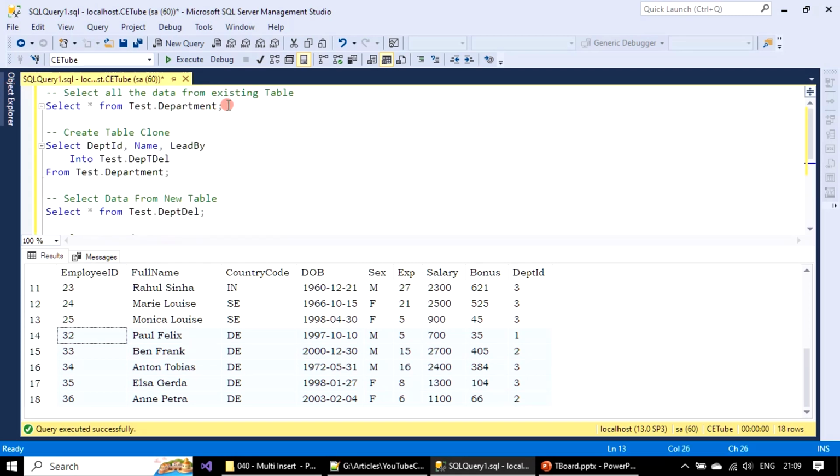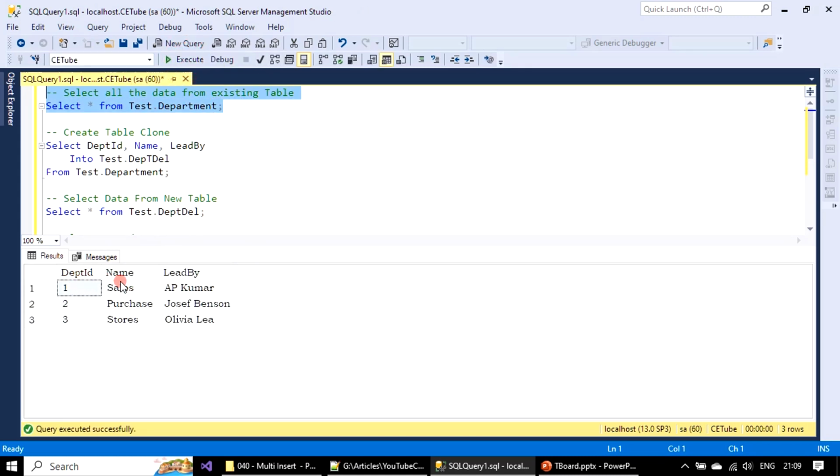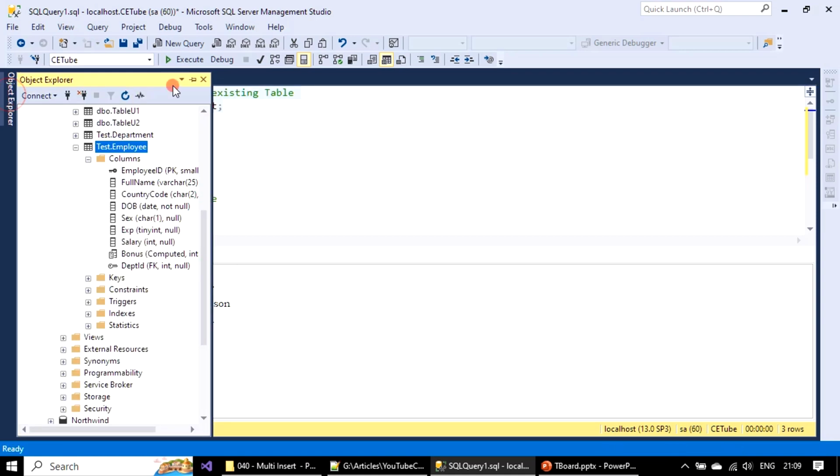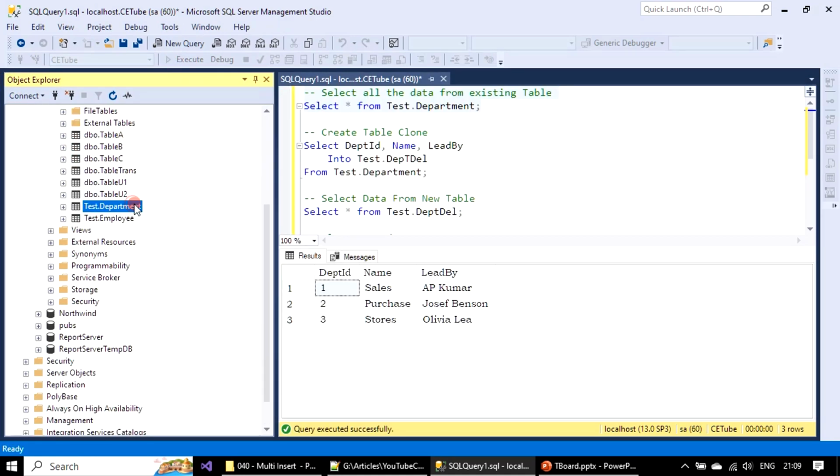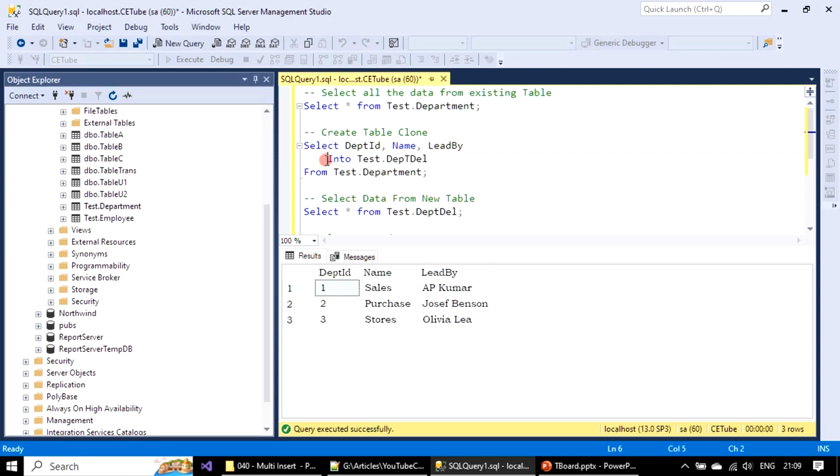Here, if you see, first let's check what are all the data that exist in the department table. So that's the department table, right? So there are 3 departments that exist in the department table. Now let's place a comment here and execute this. So same 3